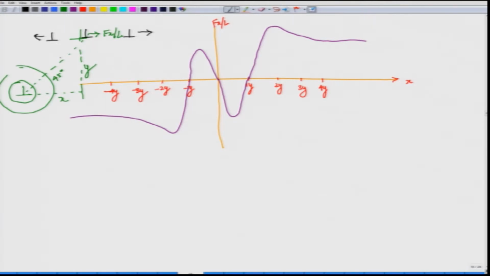So, what is the meaning of this? It means that this particular dislocation, if it is in this range, somewhere here to here, which is up to y, it tends to align. So, it tends to form a stable configuration like this. If it is beyond this, then the forces are positive, meaning it tries to move in the positive x direction, and therefore, it moves away from this particular line, and it will go away in this direction.